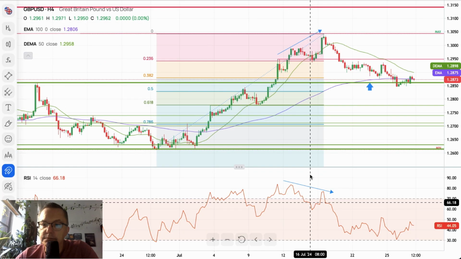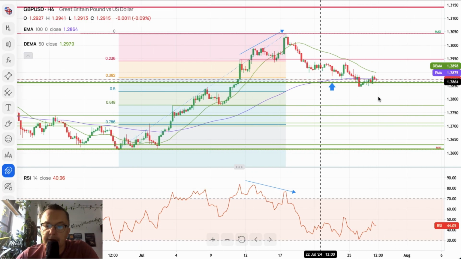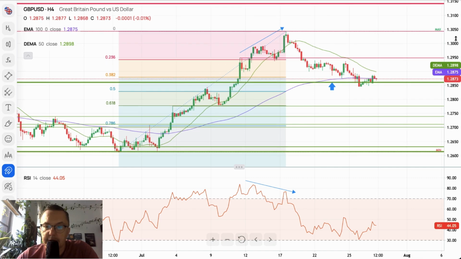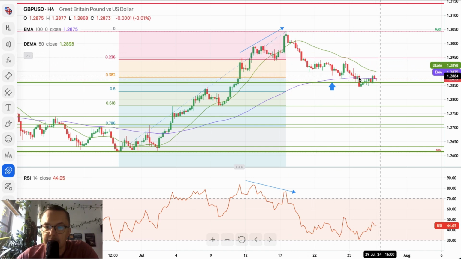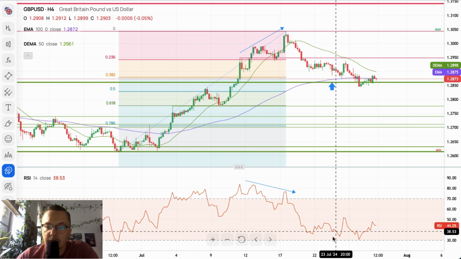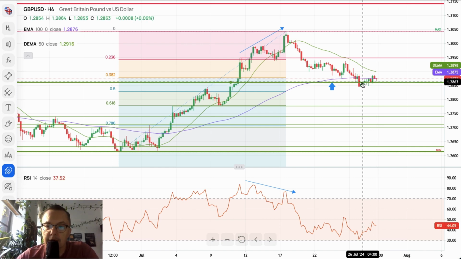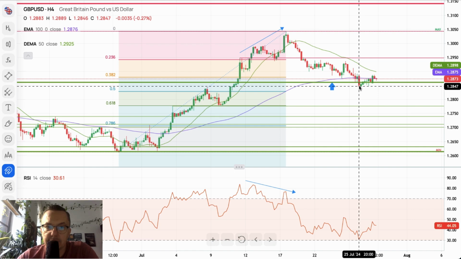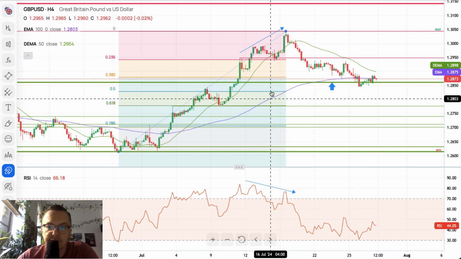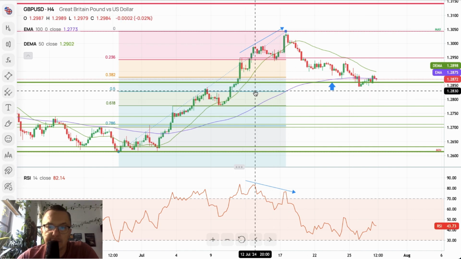British pound. The British pound is very similar to the euro dollar, because the volatility has been limited. We briefly traded above the 100 periods moving average, but those moving averages are coming close together, while the momentum is staying below the level of 50, which means that the bearish pressure is still quite substantial. Local low was made at the level of 1.2846, just a little bit above the 50% of the Fibonacci retracement at